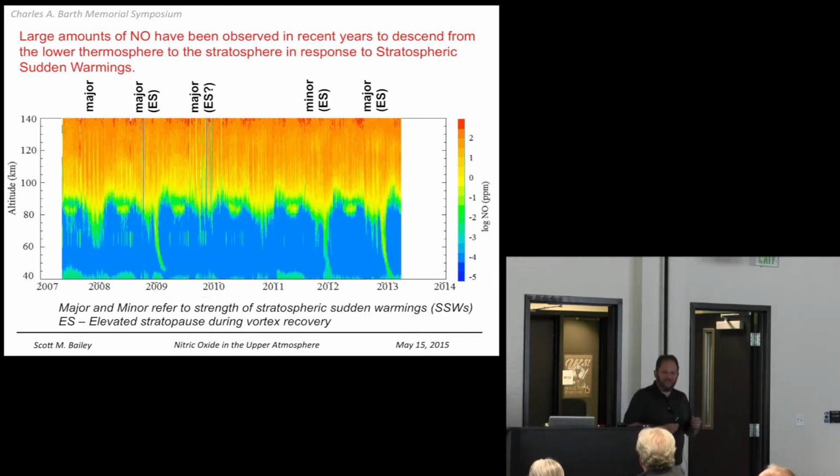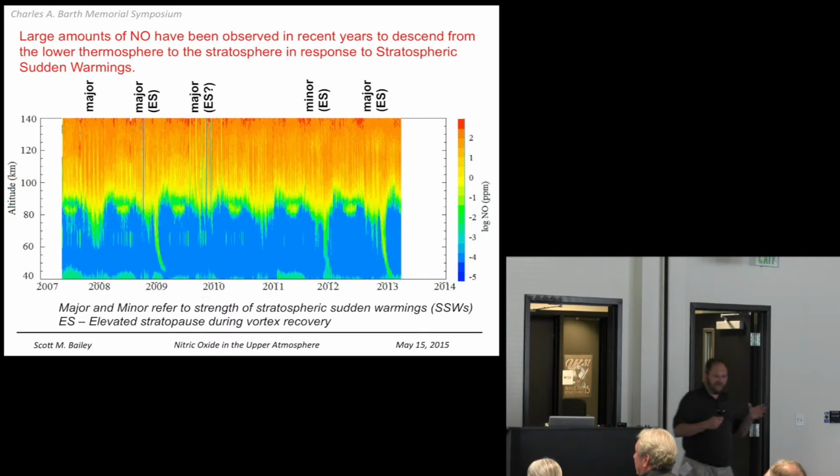A very new application for nitric oxide, or a new role that we've learned nitric oxide is playing, is this: in recent years, whereas the nitric oxide that Dr. Barth studied was predominantly up high, up near 110 kilometers, we've learned that sometimes that nitric oxide gets pulled down. This is from an experiment called SOFIE on a satellite, AIM, which was managed out of LASP, and a lot of the instrumentation was built here at LASP. You see different years, different amounts. Sometimes the NO goes all the way down to 40 kilometers.